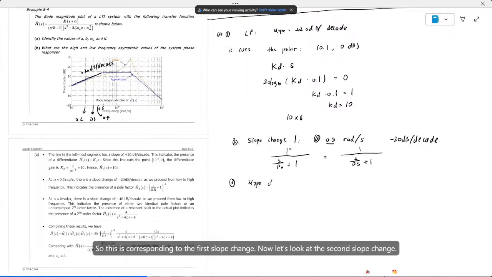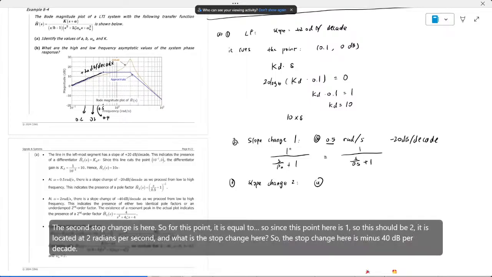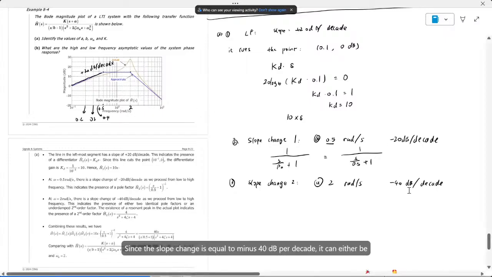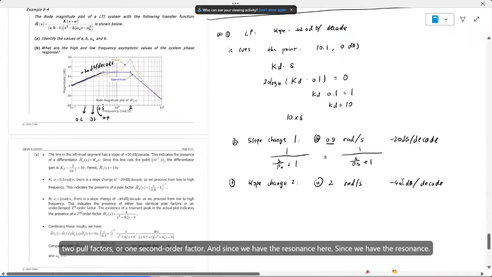Now let's look at the second slope change. The second slope change is here. So for this point, since this point here is 1, this should be 2. It is located at 2 radians per second. And what is the slope change here? So the slope change here is minus 40 dB per decade. Since the slope change is equal to minus 40 dB per decade, it can either be 2 pole factors or 1 second order factor. And since we have the resonance here,